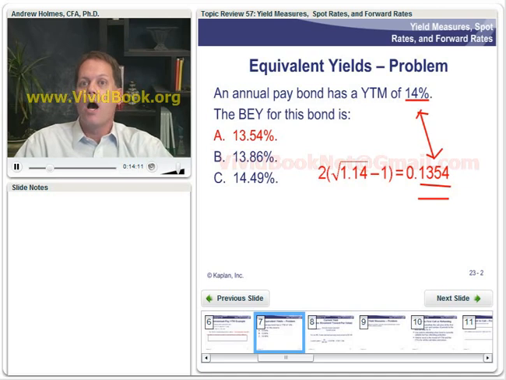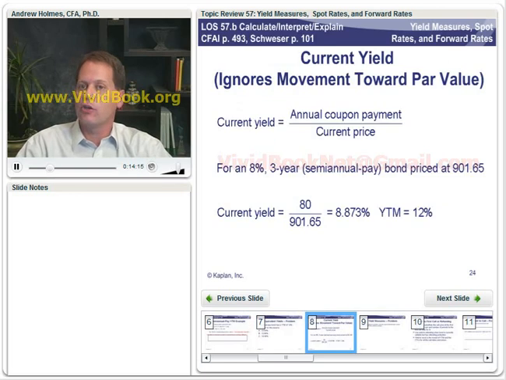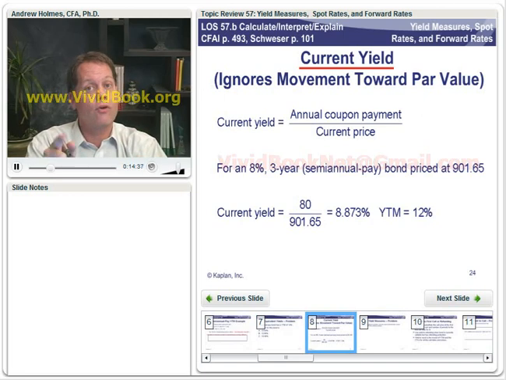Okay? All right, current yield. I've cautioned you about this very up front, in terms of it being a different concept. We're not talking about the current yield to maturity. The current yield is its own thing. The current yield is actually a throwback to the pre-computer era, when you had to do this yield to maturity calculation by hand. Remember, there's no closed form solution for that. So you've got to do all those trials and errors,